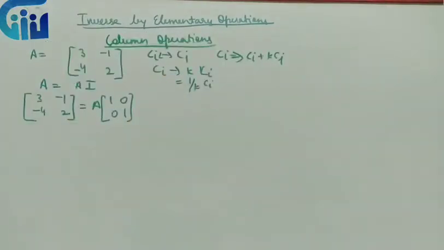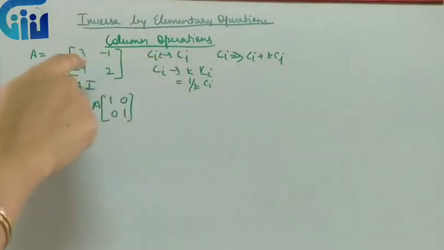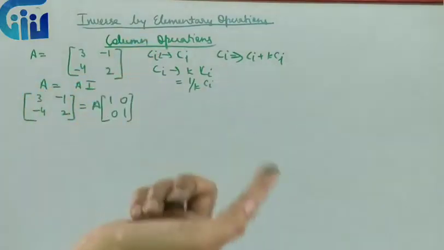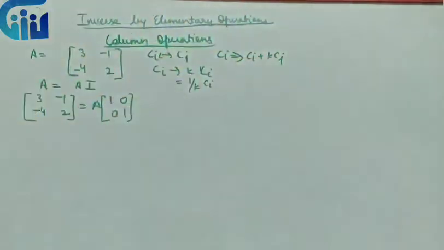Finding the inverse by elementary column operations. Now what we have to remember again, as in row, I have taken the same question. Again, like row, we have the same 3 operations. We can interchange 2 columns, we can multiply a column by a constant, and we can add to a particular column some constant times the other column. Now again, when it is a column operation, we have to do all the operations in the form of columns. We cannot interchangeably use row and column.